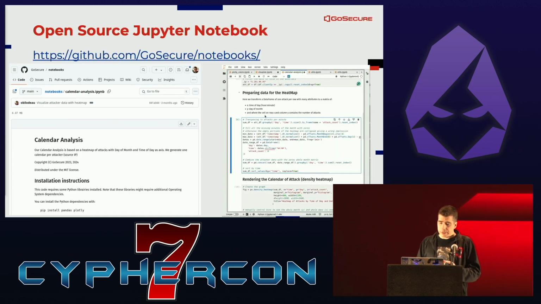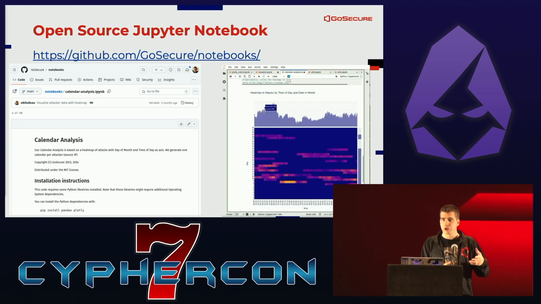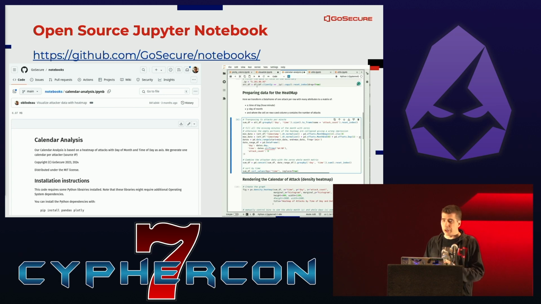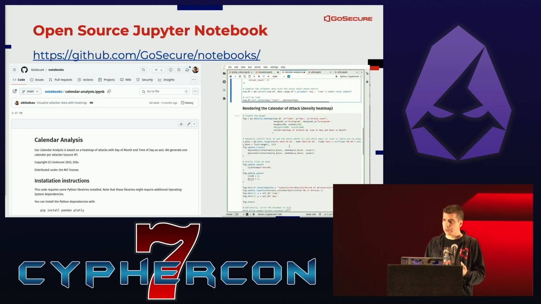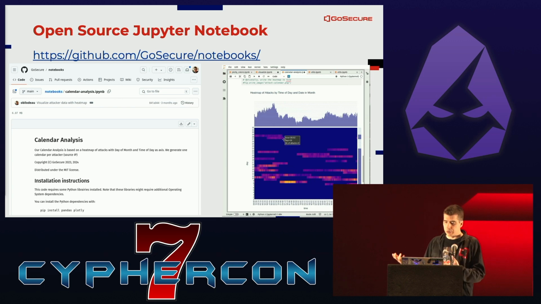And so it's available as a Jupyter notebook that you can fetch on GitHub, and the source is actually just JSON files, so you can adapt it to whatever logs you have, be it EVT or other web application specific logs. It could be interesting for you to tell your bosses that there is no correlation of attacks during the holidays, so that you can enjoy the holidays without the pager or other things.